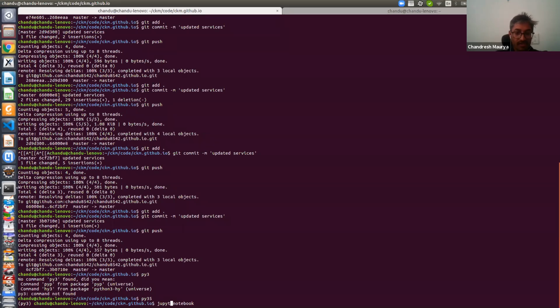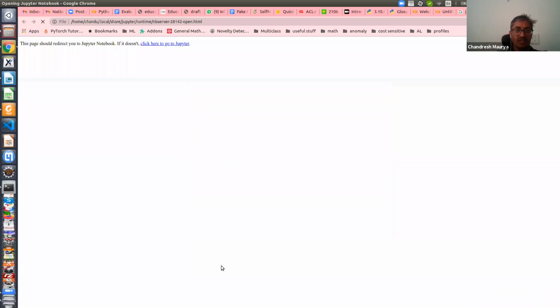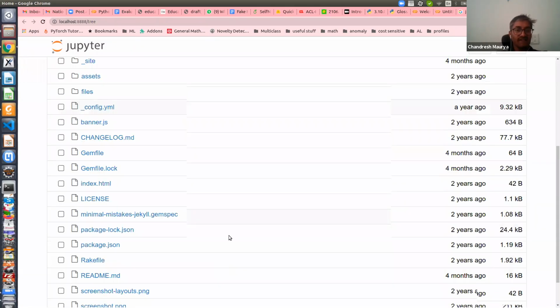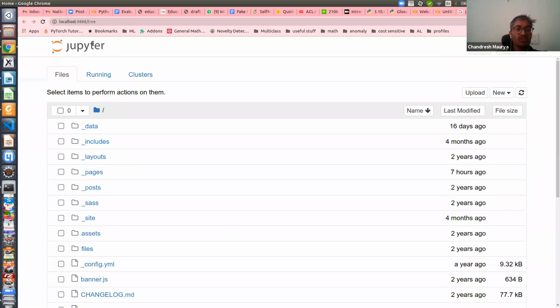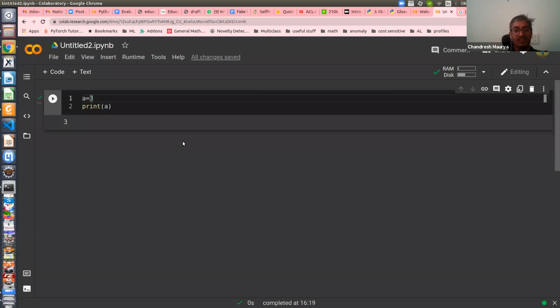I have already installed it, so I didn't type anything. So it will open. Wait for some time. Yeah. Now you can see Jupyter Notebook is running on my local machine. So you can see localhost colon 8888. When something is written as localhost, that means Jupyter Notebook is running on the local machine, in my computer. Earlier, the notebook which I opened here in Colab is a notebook running on the Google server, not on my machine. So that's the difference.